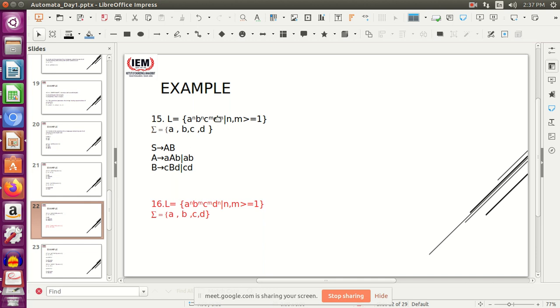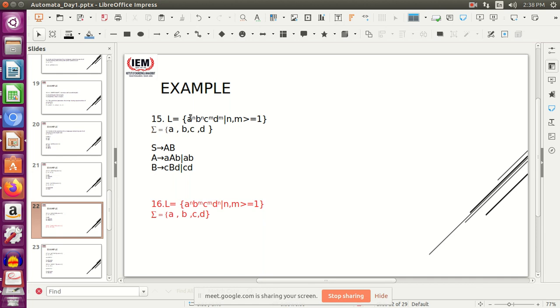Next, coming to this example, again this is a bit different. Here we have 4 alphabets A, B, C and D. Okay, the approach is the same, we can only increase the number of symbols and that won't hamper the system and won't make it complex. How? Again over here a to the power n, b to the power n, c to the power m, d to the power m, which means the number of a's and b's should be equal and the number of c's and d's should be equal. There is no internal relation between b or c, a or d. A and b are related, c and d are related. And one more thing, a, b will be followed by c, d.